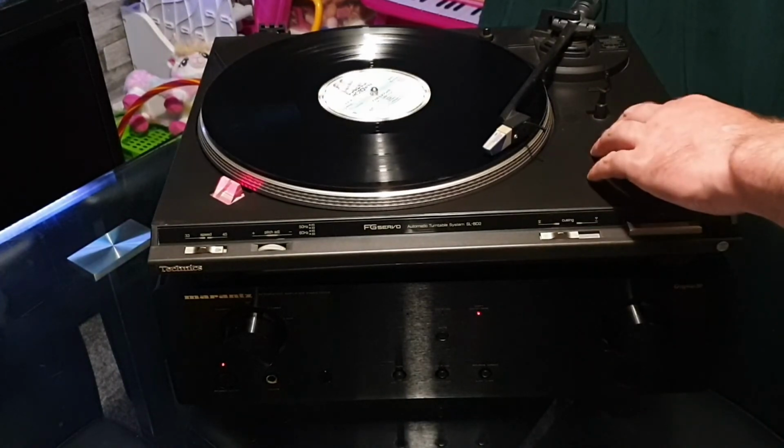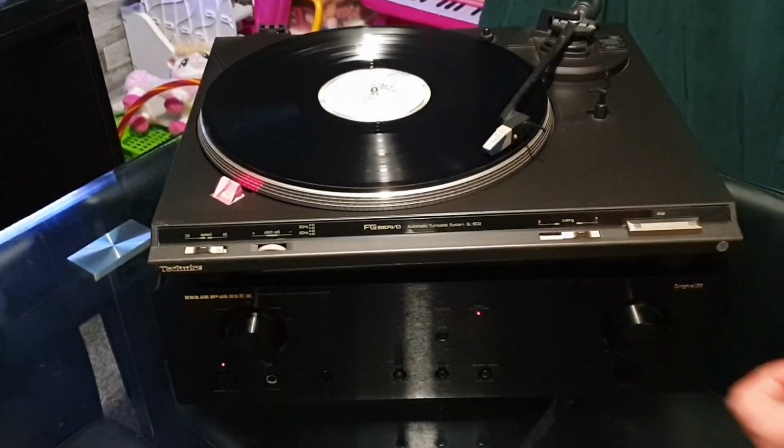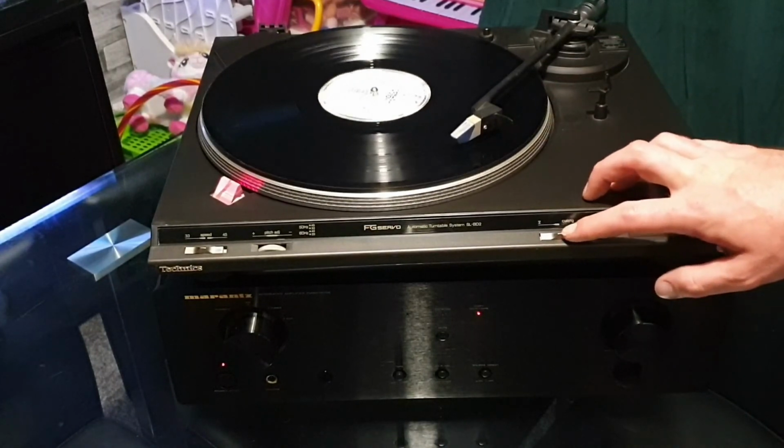Just checking for bad earths. It does have a bad earth, so we're going to be pulling this apart again in the future. I don't know if I'll do a video on it, but...